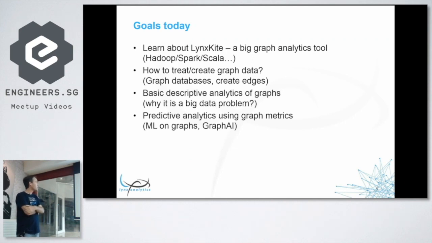My third objective is to teach you a couple of descriptive analytics for graphs. So learn what the most important properties of a graph are, what you should check if you have the time and ability to check those properties. And if you know those properties, you know much more about the problem or the setup of the problem you try to solve. And also, this is going to help us to better understand why big graph problems are big data problems. Because when you typically hear about,